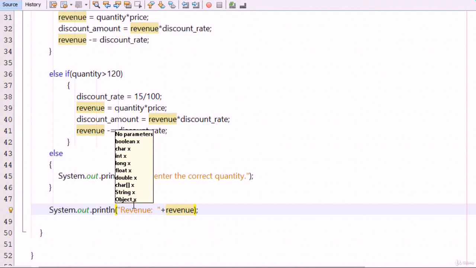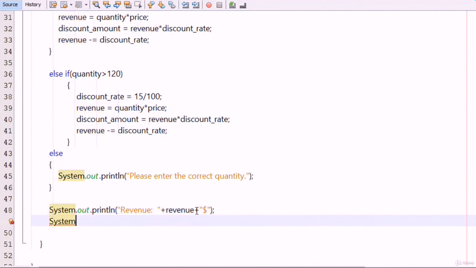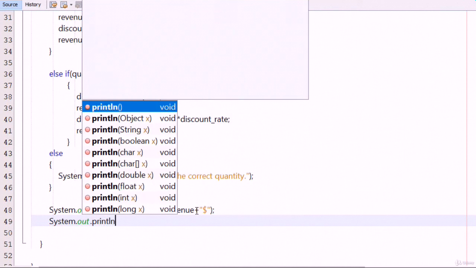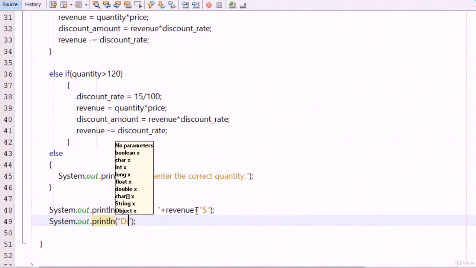Okay, so this is the revenue basically. Also I concatenate the dollar sign here, like this. Okay, so now I print the discount here. I type here system.out.println, and I type here discount